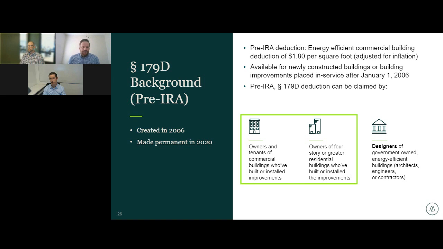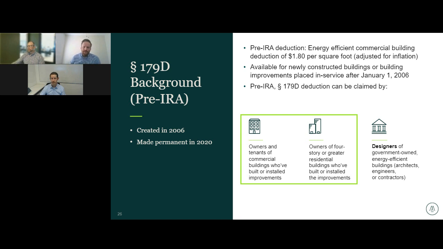And until the Inflation Reduction Act, 3 groups have been able to claim Section 179D. Those include owners and tenants of commercial buildings, owners of 4-story or greater residential buildings, as well as designers of government-owned energy efficient buildings. And so for the purpose of this discussion, we're going to focus on those first 2 groups, which are outlined in green,